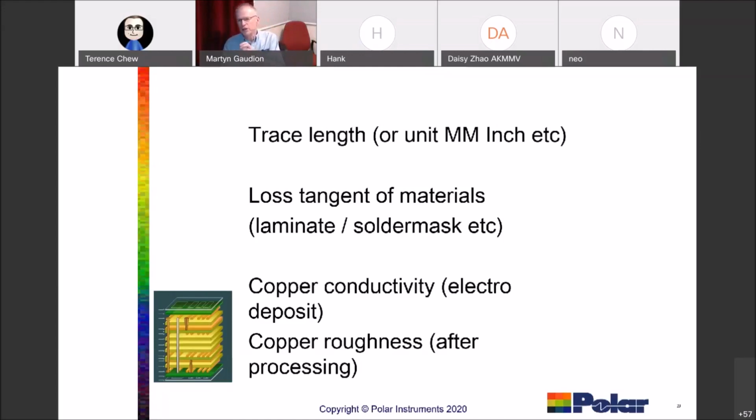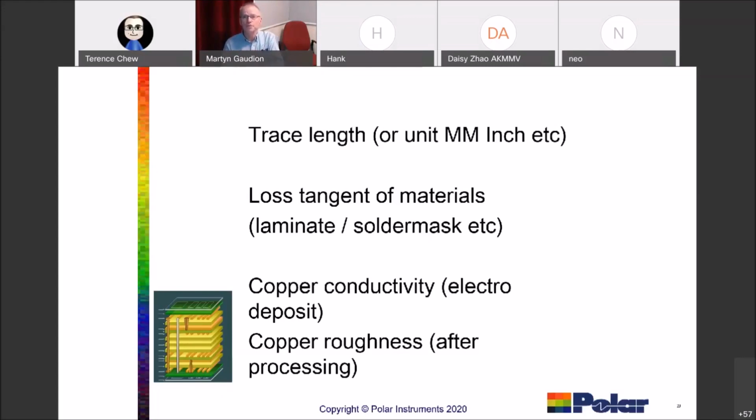And you'll also need to know the copper roughness, but not off the data sheet. You need to know the roughness of the copper after it's been processed for adhesion promoters or any pre-treatment that you're applying to the copper in the production process. So whilst you can get very smooth foils, if they're on layers with drill ends on them and they're going to be plated up, you need to know the roughness after plating or after the pre-treatment for adhesion promotion. So all of those factors are important in terms of data you're going to feed into the field solver for